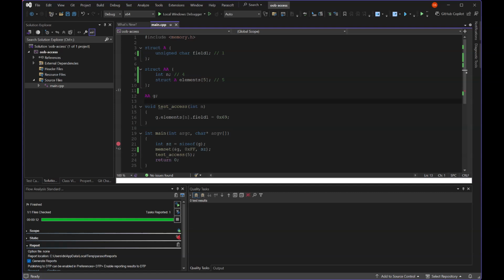Today I'm going to discuss the topic of structure padding. The structure AA here, whose member fields are N and elements, from initial inspection has a size of 9 bytes, simply because the integer, the first member field N, is 4 bytes, and the second member field, elements, is